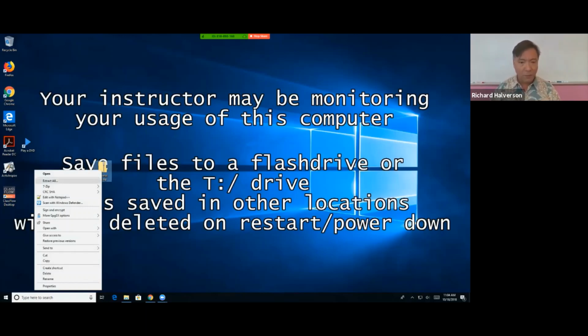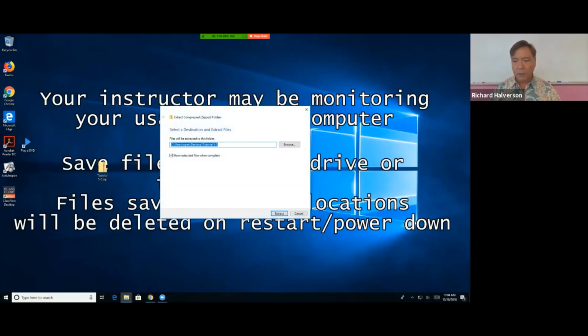Okay, so I'm going to start by, I downloaded this from La Lima. I'm going to extract it onto my desktop. Now, I'm going to uncheck this show extracted files when complete. I'm just going to uncheck that because I think that confuses a lot of people. Okay, so here I go. I'm going to extract it. Okay, first of all, look, we only see this zipped up one. Extract. Okay, boom,